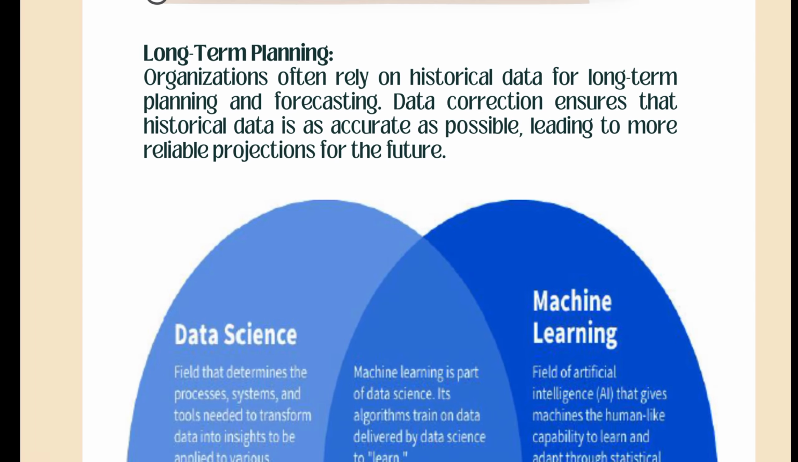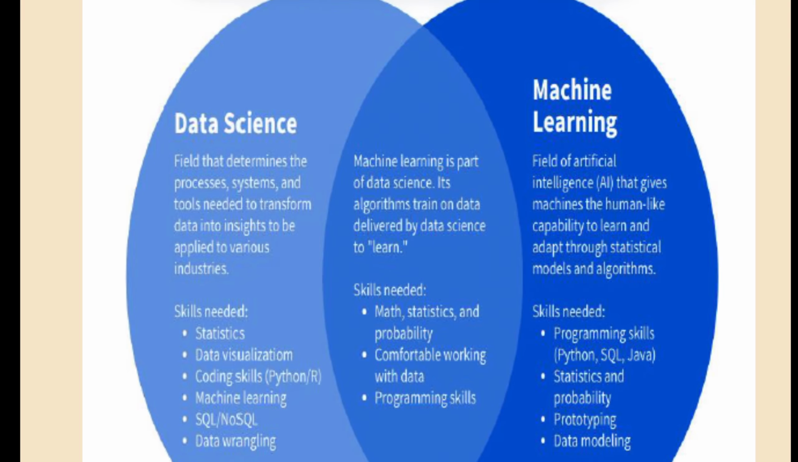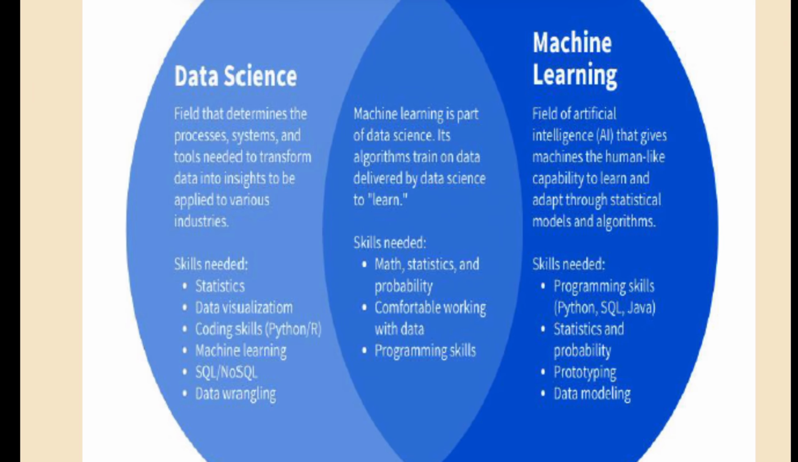For long-term planning, organizations often rely on historical data for planning and forecasting. Data correction ensures that the historical data is accurate and reliable, leading to more reliable projections for the future. So data analytics is the field that